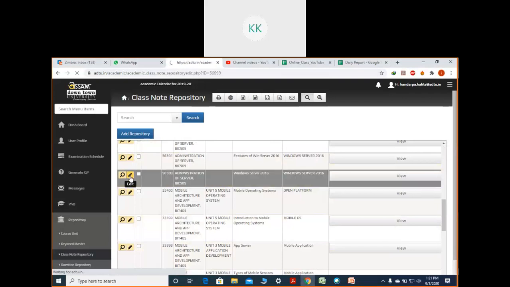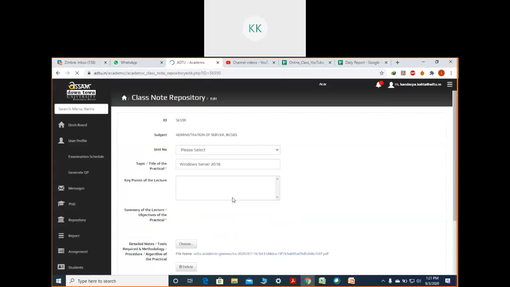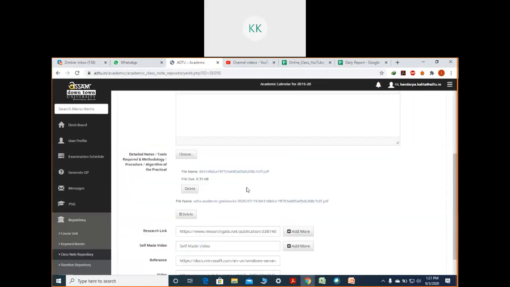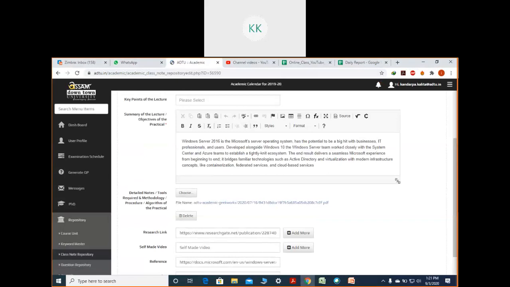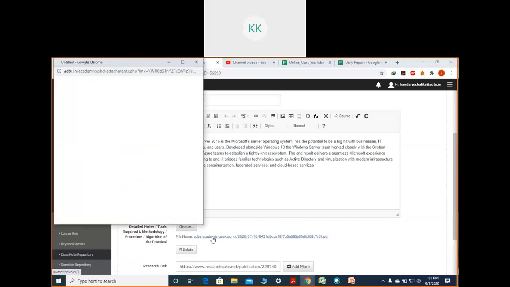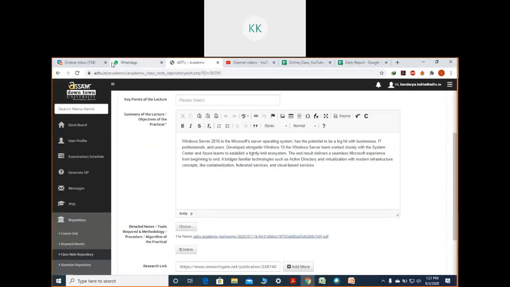you will find all these different notes. I am very carefully selecting all these notes for you, so please refer to them, very concise and all. See, Windows Server 2016 is a Microsoft product. Only this much is required in the introduction. This is the main note. Then you will find an additional note. If you go and click over there... just give me a moment. I will show you.